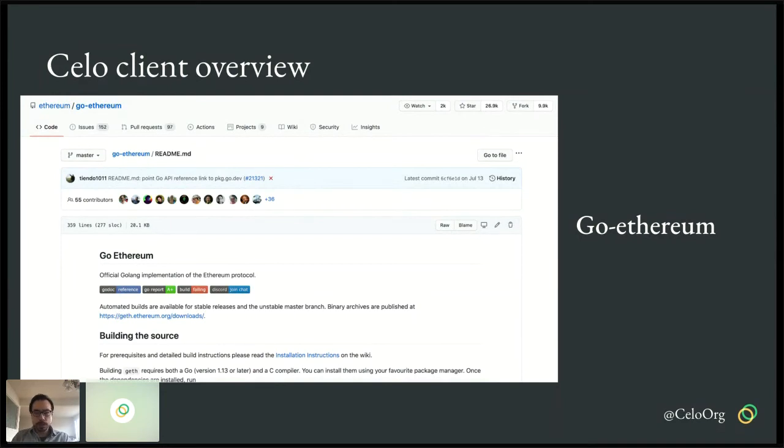And I think one great example is this project called TurboGeth. It is a very highly optimized version of go-ethereum, and it has a lot of changes to how it stores and processes the state. So we are currently considering whether we can adapt those changes into our client as well.